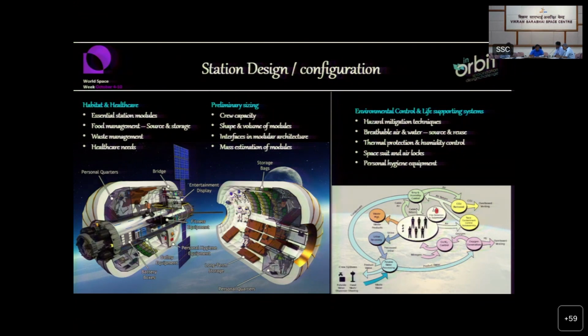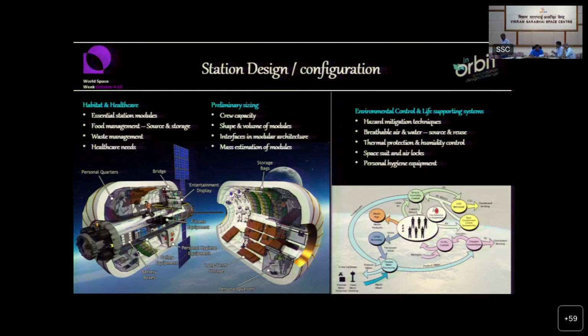And then the supporting elements. When you are in space, you need to have the environment controlled. You need to carry food, and have good food and waste management, which includes solid and liquid waste and water recycling. The healthcare needs of the crew also need to be addressed with respect to the medical kit design, and performance of daily exercise to counteract the effects of living in a microgravity environment. You should always consider that you need not have a medical doctor on board the space station. So you should be able to take care of any emergency medical requirements, and the crew needs to be trained for that.